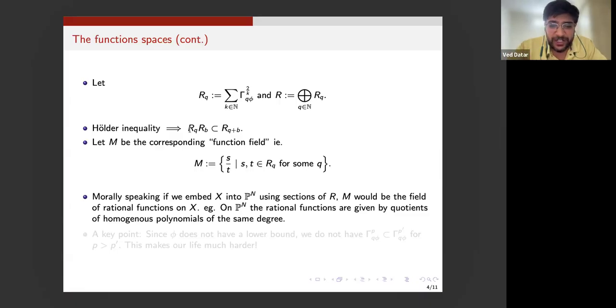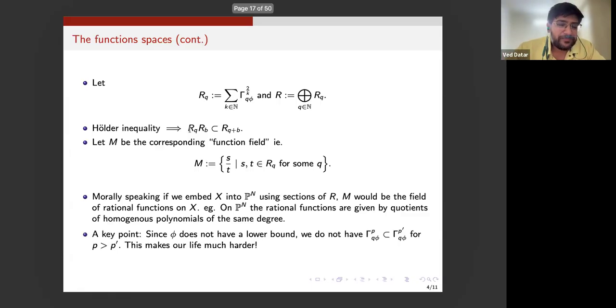So just as an example, if you take the complex projective space, then the rational functions are of course given by quotients of homogeneous polynomials of the same degree, right? So that is why one considers a field of this sort. A key point, which is really the reason why we have to work much harder, is that in our case, phi does not necessarily have a lower bound. So of course, if one improves our PDE result and shows that phi has a lower bound, then everything that I'm going to talk about will become much easier, right? But unfortunately, we cannot prove a lower bound as of now,